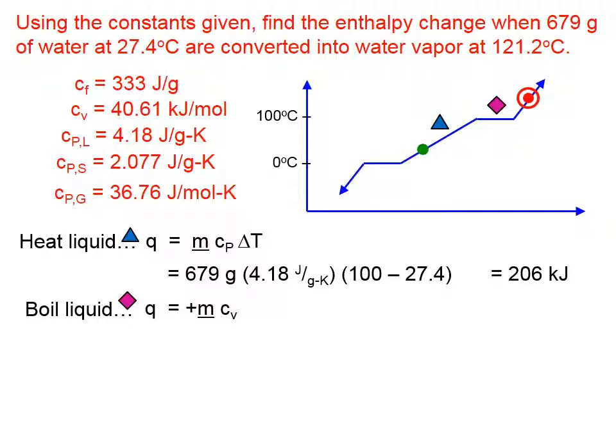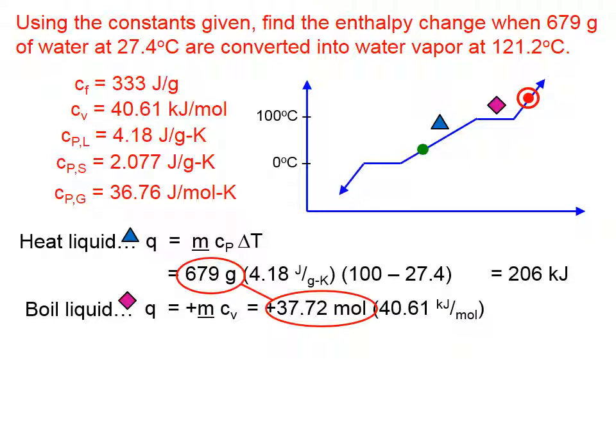The equation to do that would be the non-delta T form, and we're going to use the heat of vaporization here. Let's find the heat of vaporization in this table. You can see in the upper left that it's given as 40.61 kilojoules per mole. In the equation down here at the bottom, the m we want in moles, not grams. Sorry, I don't have room to do it on the slide, but I trust that you can convert 679 grams of water into